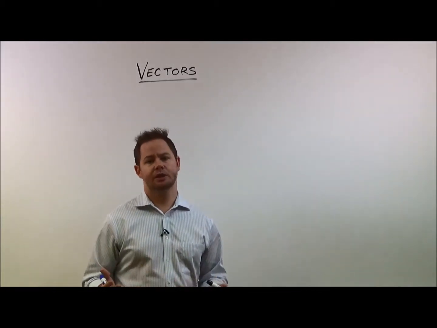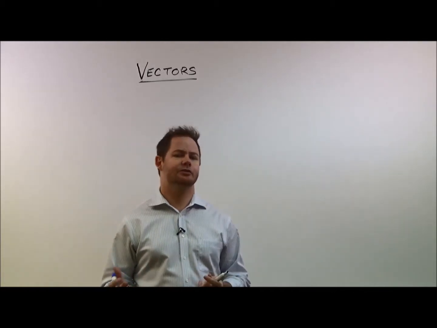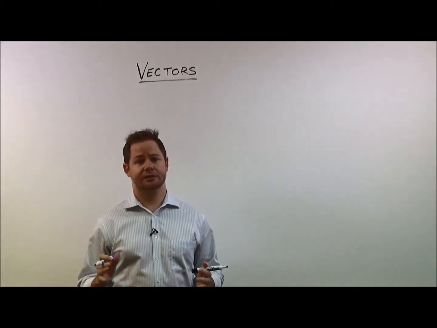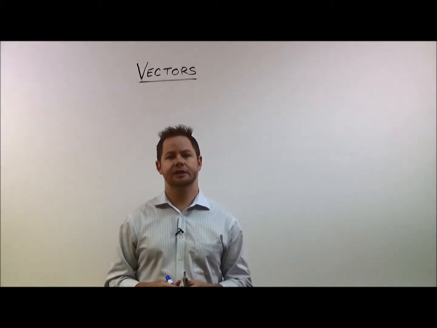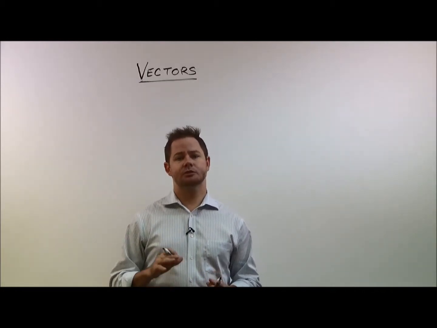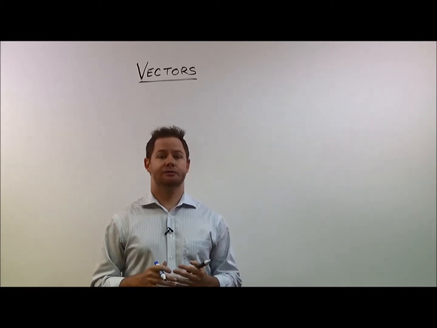So many of you have probably already heard the term speed and the term velocity already introduced in your physics class. And the biggest difference between speed and velocity is that velocity has direction. Direction matters when you're dealing with velocity. And with vectors, direction also matters, and we're going to start to incorporate horizontal and vertical components of a vector